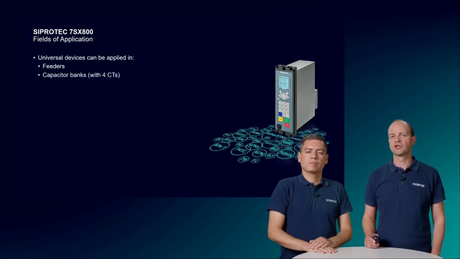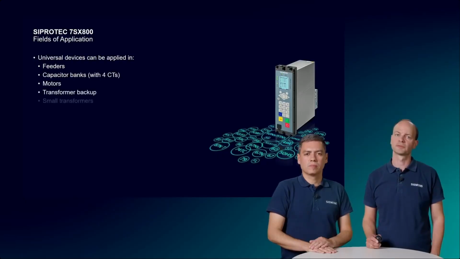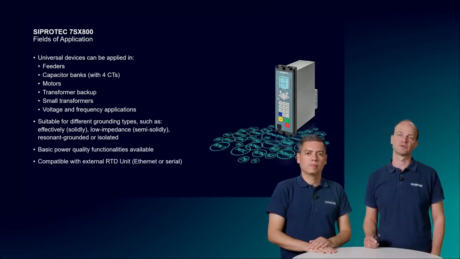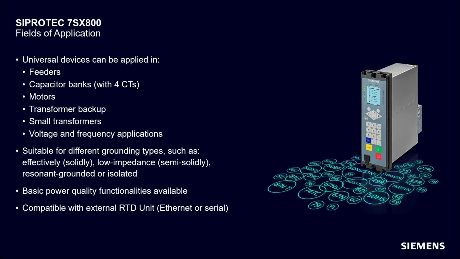So for which kinds of applications can you use SIPROTEC 5 Compact? The 7SX800 is suitable to protect feeders, capacitor banks with 4 CTs, and small up to medium-sized motors where no motor differential protection is required. If needed, the temperature measurement is possible via an external serial or Ethernet RTD unit. Additionally, it can be used to directly protect small transformers without transformer differential protection or as transformer backup protection. For sure, it can also be used for frequency and voltage applications where previously a